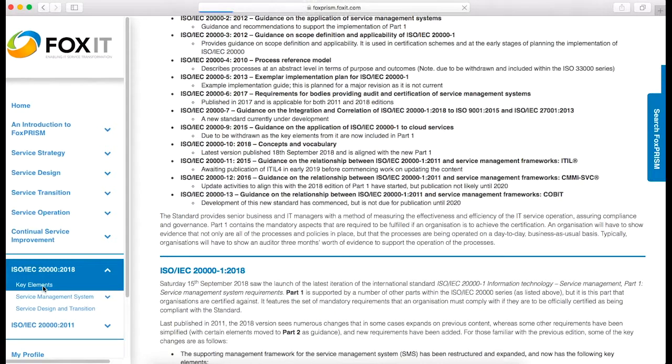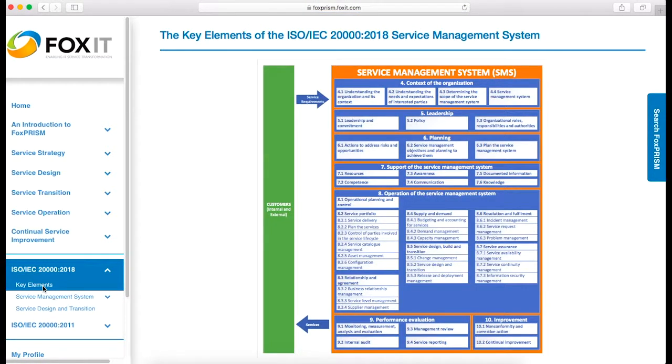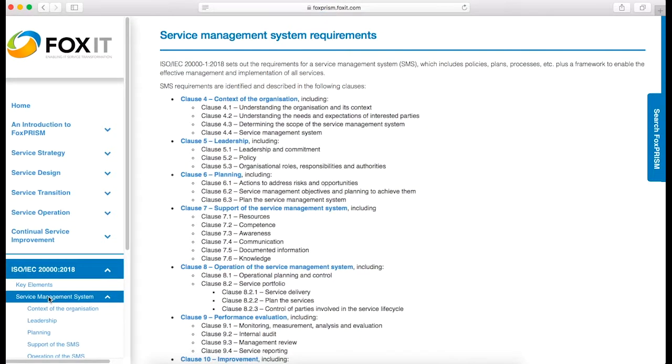The key elements diagram represents the service management system that is defined by the standard. Relevant elements of the diagram are hyperlinked to further information. This can also be accessed via the Service Management System tab, which leads to more detail covering all of the